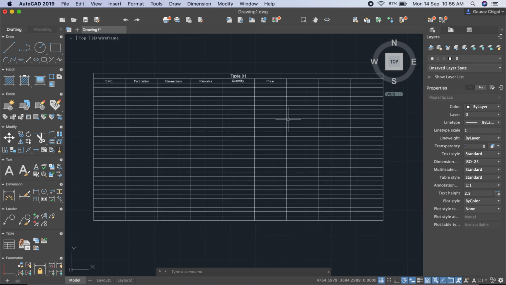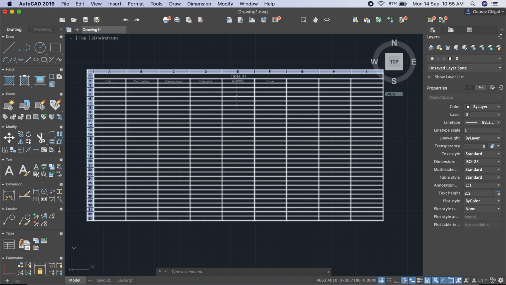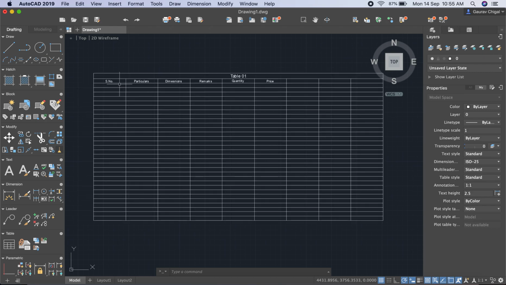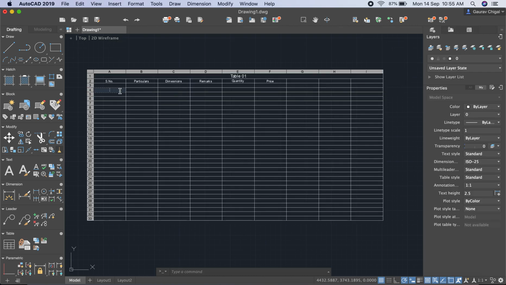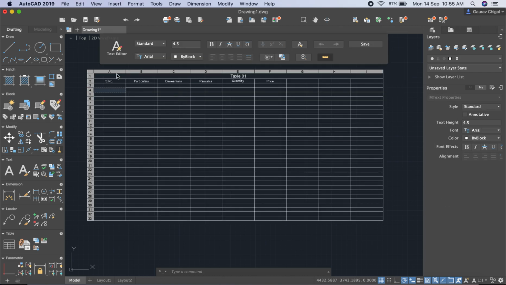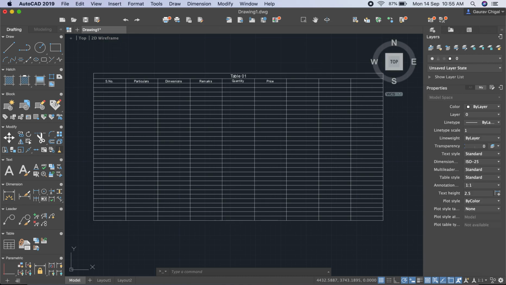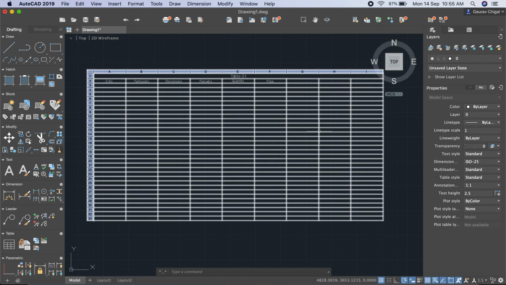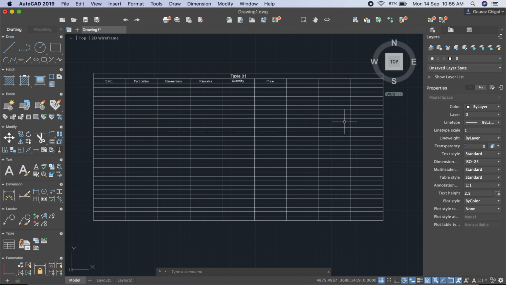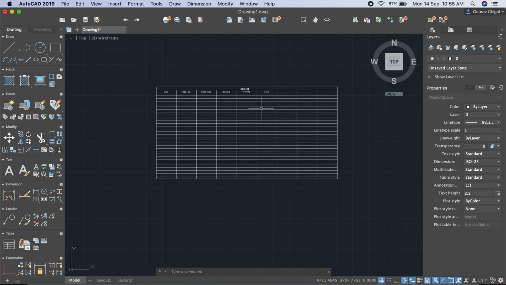You can add up here, not exactly an Excel sheet, but you can draw a table just as in MS Word. So you can edit: if you want to add something, just double click here, you can add something, and if you want to change the font color, all that stuff. So bold, and you want to make it center, or you can return it to the left and so on. So this is how you can change the things, just as in your MS Word option. So this is how you can draw the table.